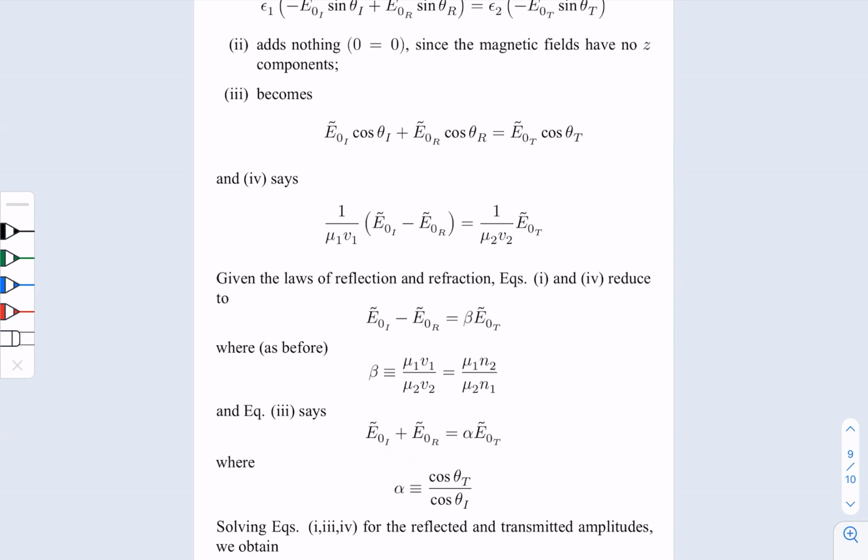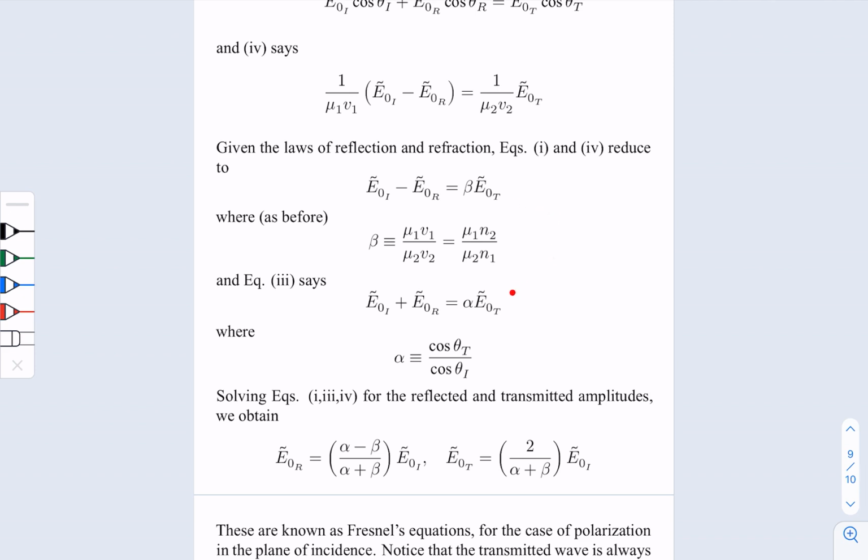So in the end, we have 2 independent equations, and we have 3 unknowns, just like before. So for these 3 unknowns with 2 independent equations, we can solve, say, the reflected and the transmitted in terms of the incident E field. Now we define beta, which is the exact same definition as before, and